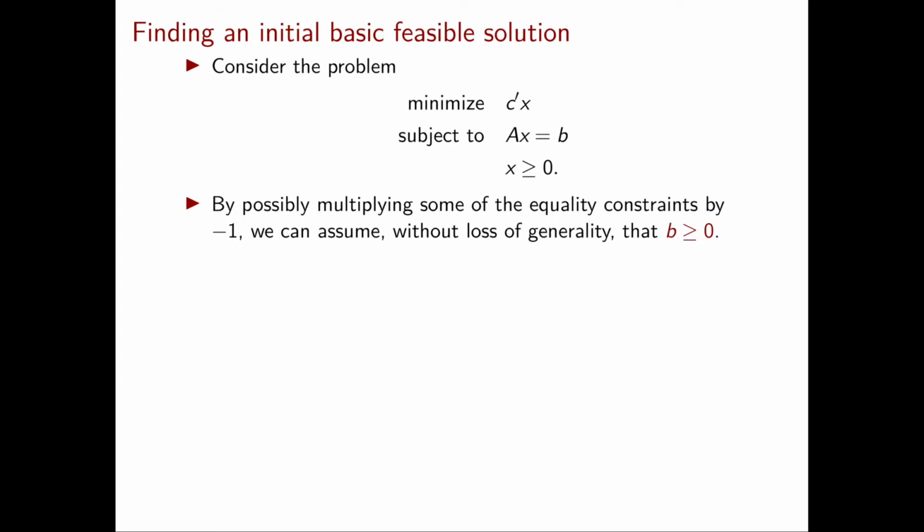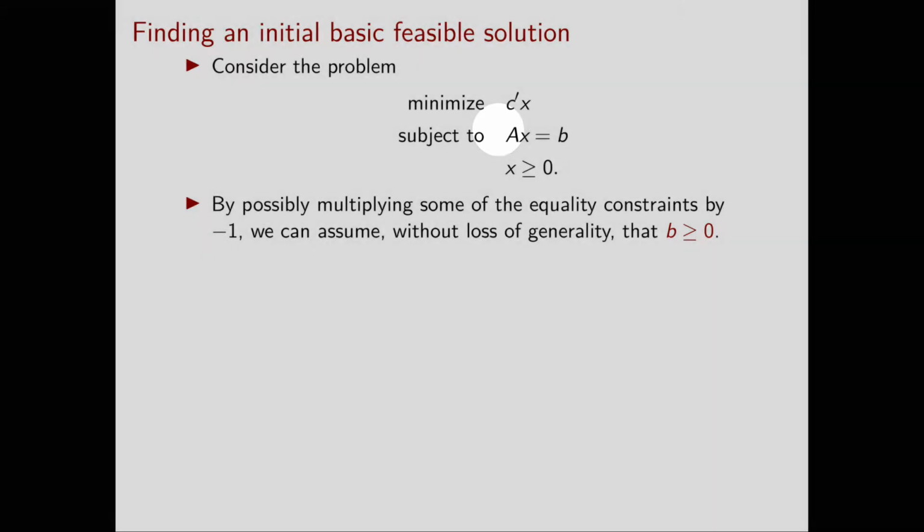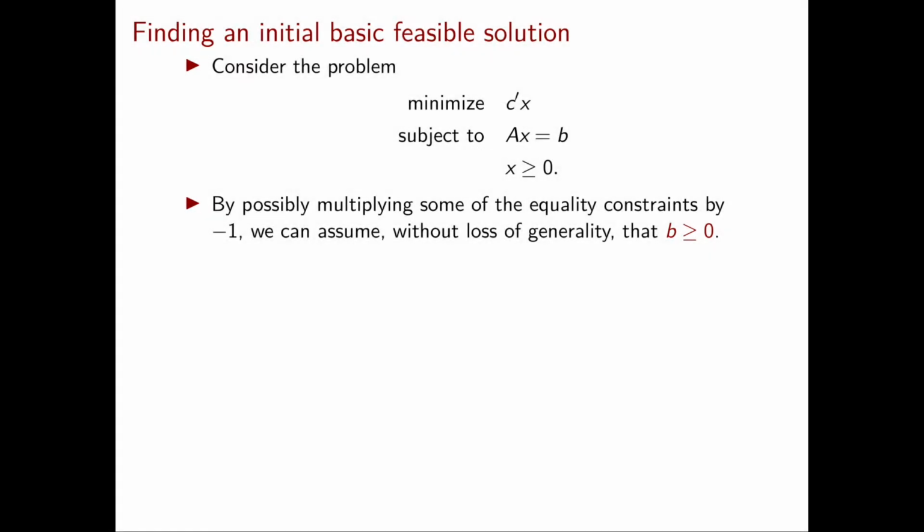So now let's consider the general case. We look at our general linear programming problem in standard form, which, as always, has the form minimize c^T x subject to Ax = b and x ≥ 0. Here we can assume without loss of generality that b is ≥ 0. In fact, you only need to look at the equalities where the right-hand side is negative and multiply such an equality by -1. So from now on, we always assume that b is ≥ 0.